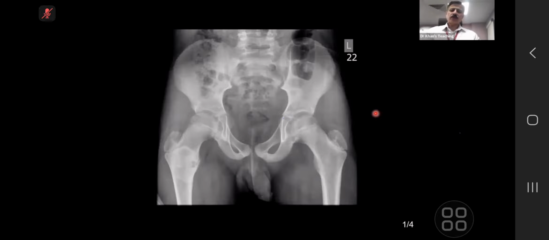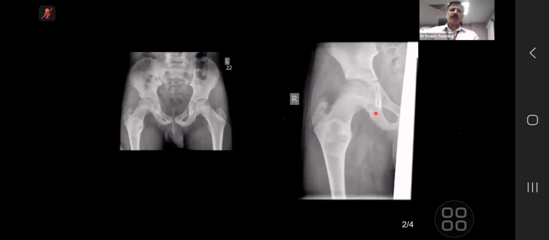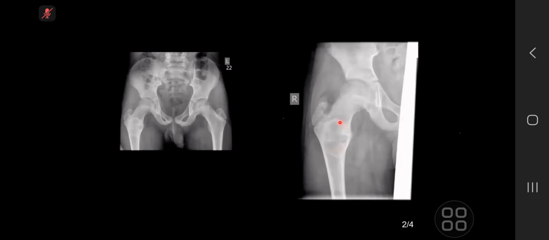Okay, excellent, well done. So if you see here, in this case, what is happening is that there is a lesion, and this lesion has a particular configuration. There, by the way, is a fracture also. Now, if you see, part of the lesion has a ground glass type of appearance. One of the pathognomonic findings,